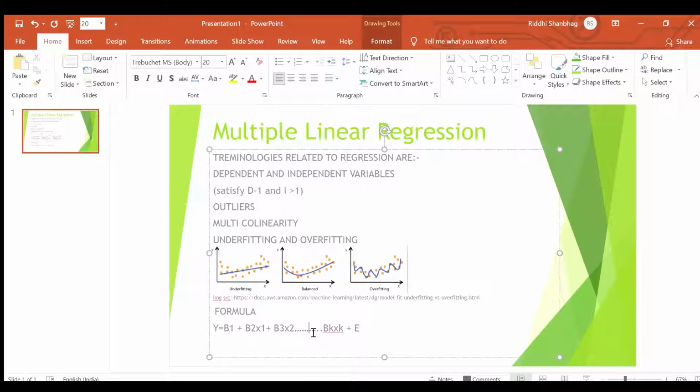So the formula for multilinear regression is as follows. The y is a dependent variable. Beta 1, beta 2 are the coefficients of regression, that is, they remain constant throughout. And the x2, x3, these are the independent variables. And lastly, we have the epsilon, that is the error term. It helps to avoid the equation leading in the wrong direction.